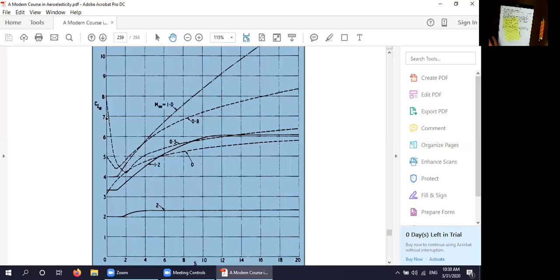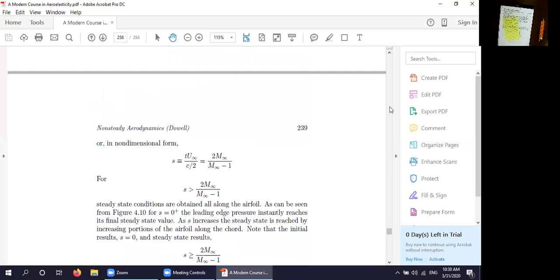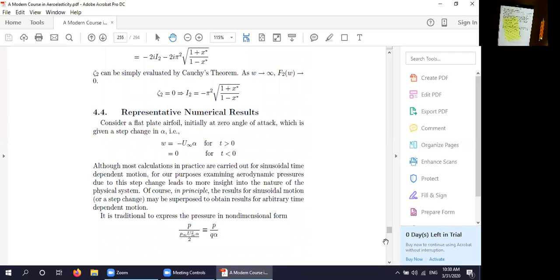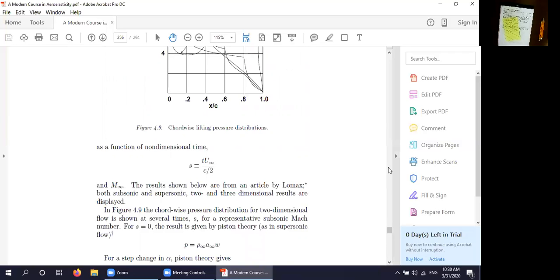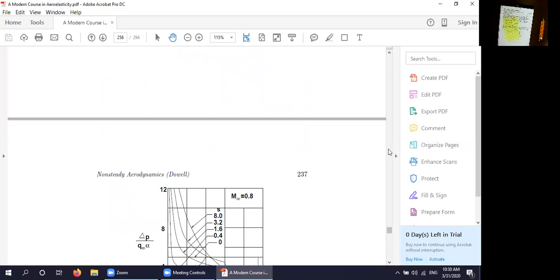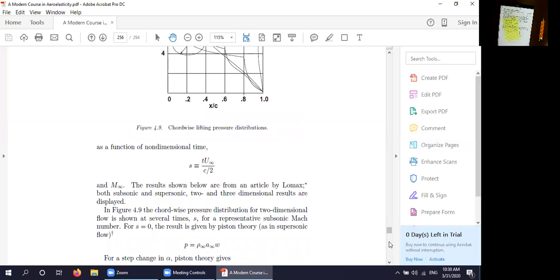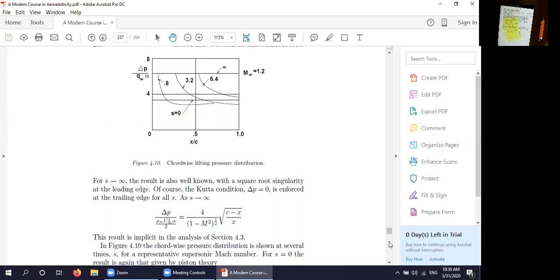Okay, so let's go back. If there are no more questions about this plot, let's go back and talk about some other things. Any more questions about this plot? Hearing none. Let me go back. Oh, I will show you some more results before I do that. Okay. This figure 4.10